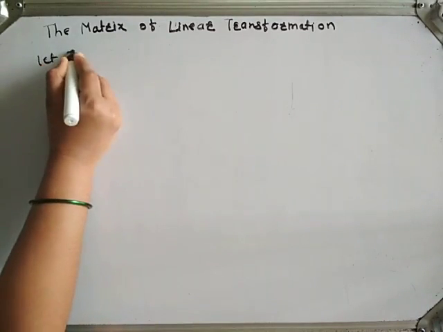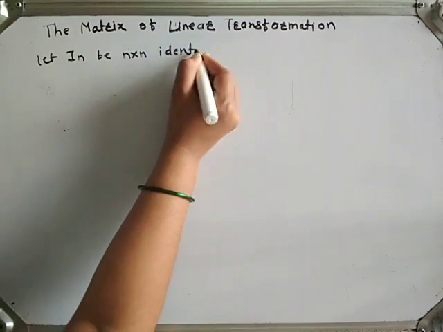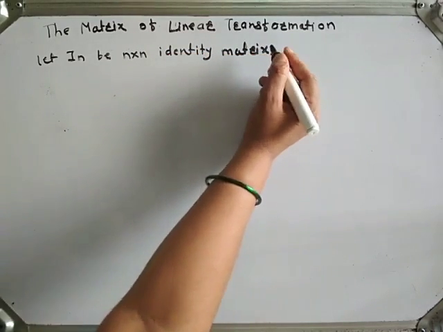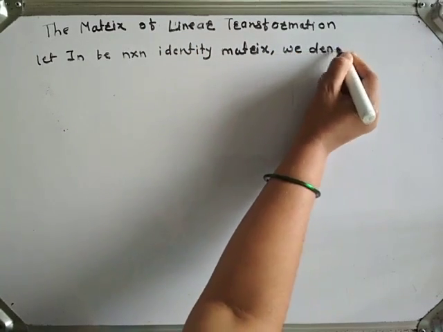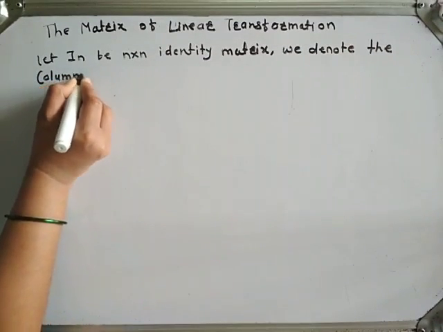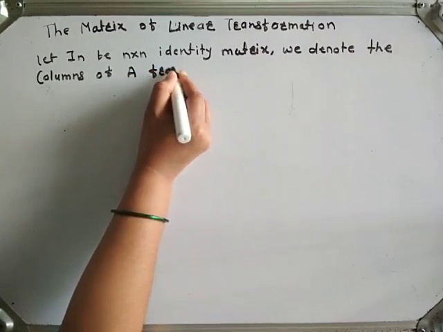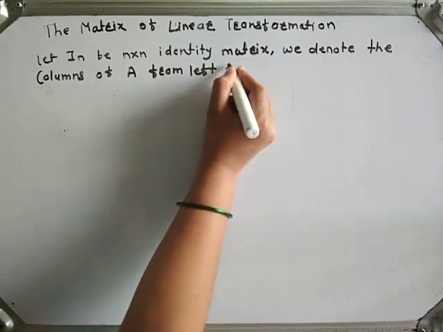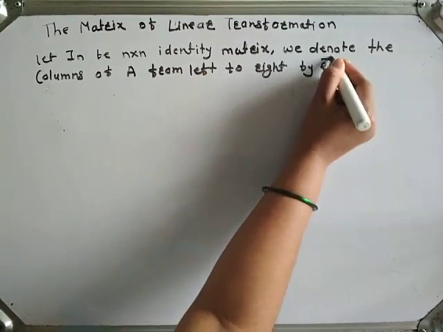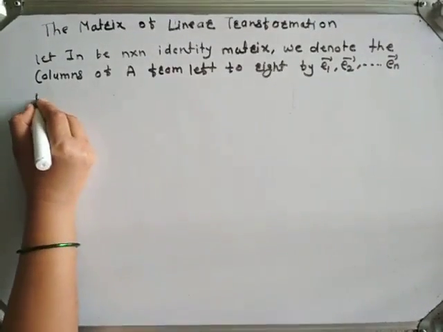Let In be the n by n identity matrix. We denote the columns of the identity matrix from left to right by E1 bar, E2 bar, and so on up to En bar, where